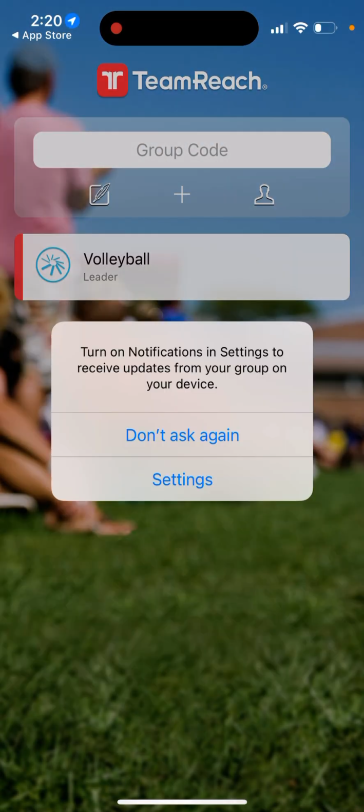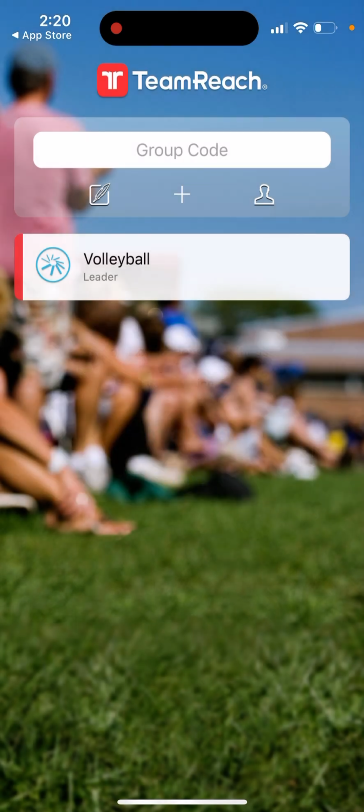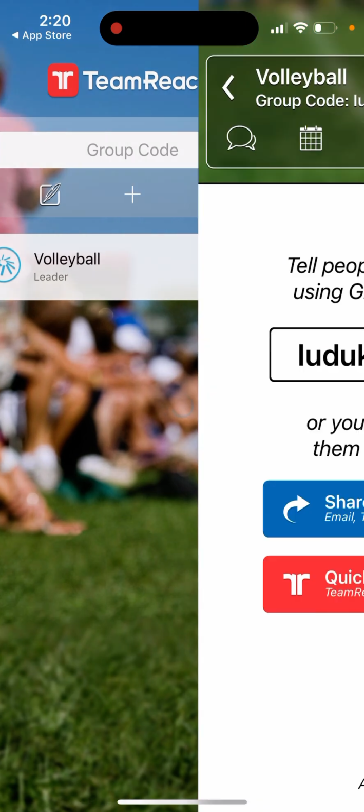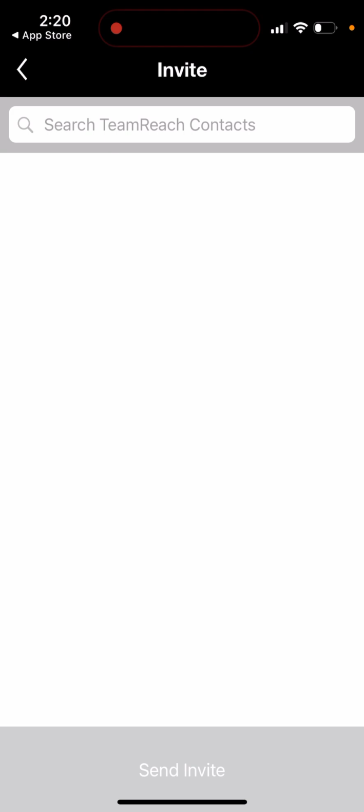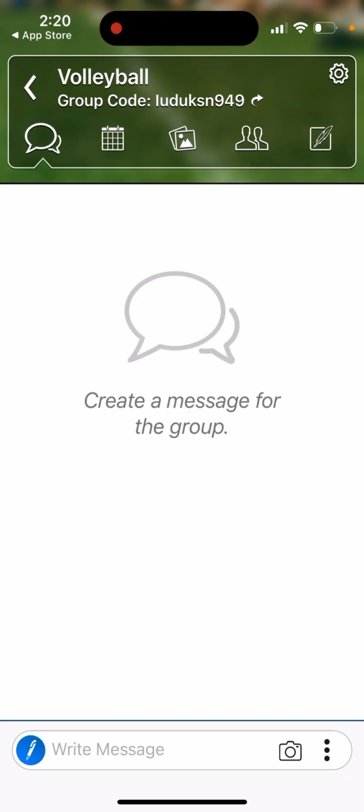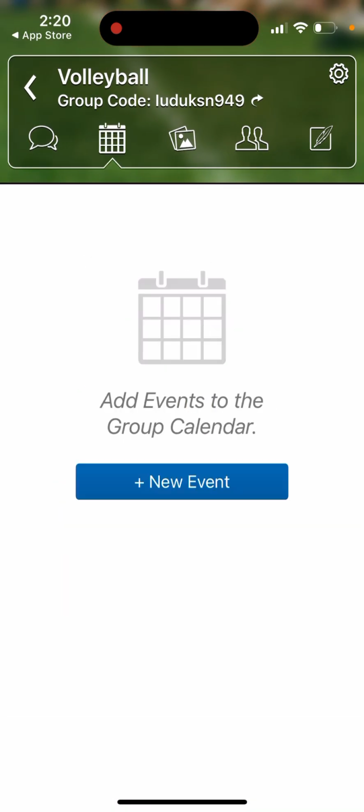You need to enable notifications, but this is how it looks. Super cool and super easy design. So for example, you have this group, you created it, and you tell people to join using the code, share group code. You can also just quick add, send invites, then you can see messages in this group,